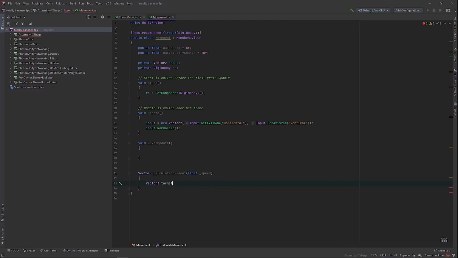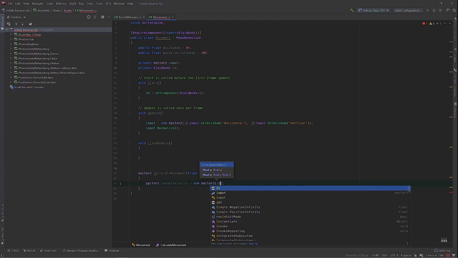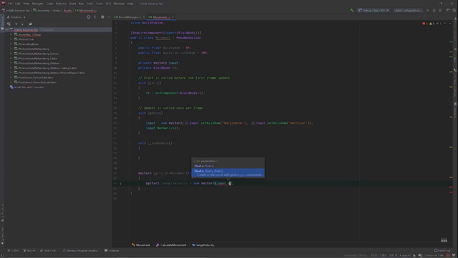In here, make a new Vector3 called targetVelocity, and for now set this to your input. So make a new Vector3, and for the x, type input.x, for the y type 0, and for the z, type input.y.